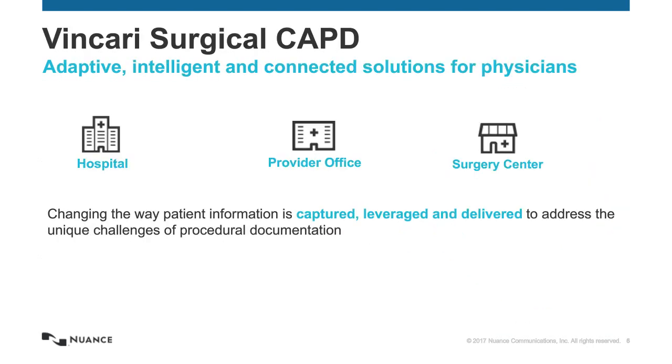Our core solution is designed to help the physician in the operating room, to make it easy for them to remember and document everything that they need to do. We often find, and you probably do as well, that poor documentation or lack of sufficient details in documentation leaves money on the table. And then it also isn't immediately available to help coordinate care between the members of the